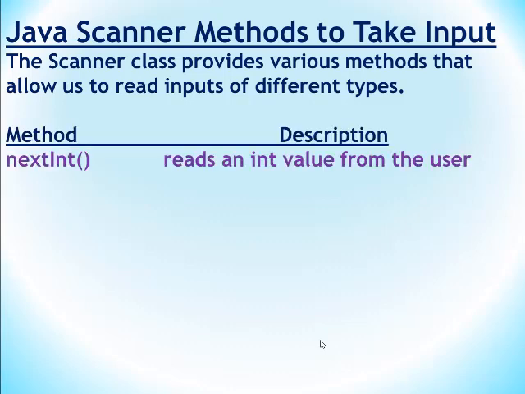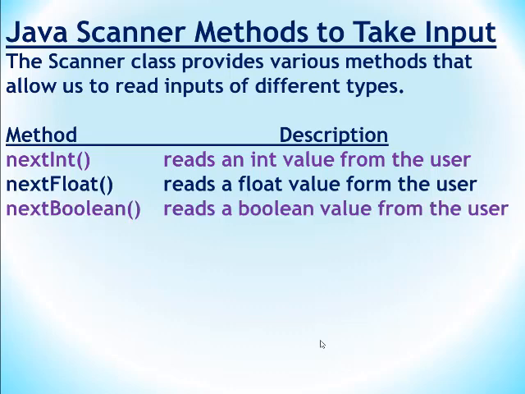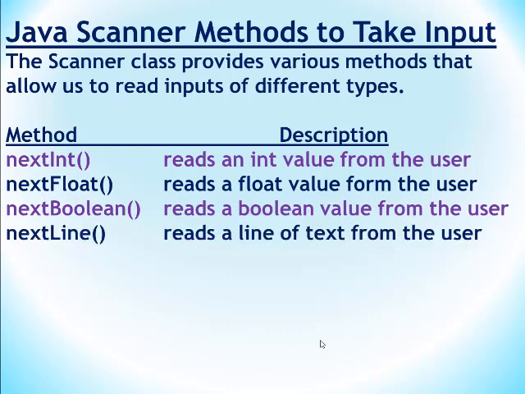These are, first is nextInt, and see how to write: n is small, I is capital. nextInt will read an integer value from the user. If you want to input a float value, you have to use the method nextFloat. To input a boolean value, you will use nextBoolean. To input a line of text, meaning a string having any type of character that can be typed using the keyboard, including space also,